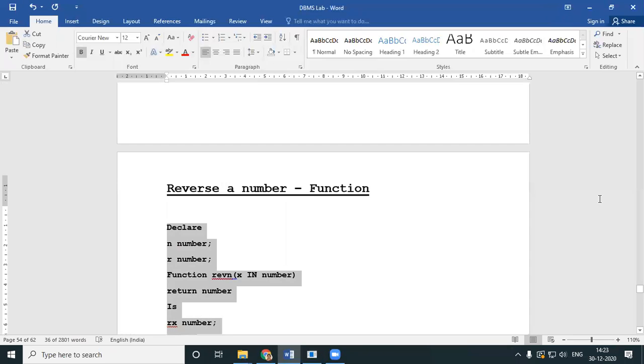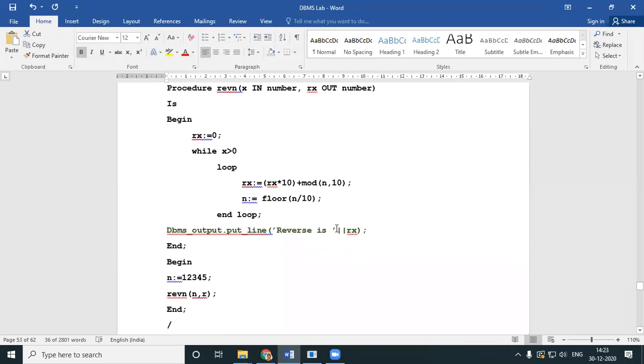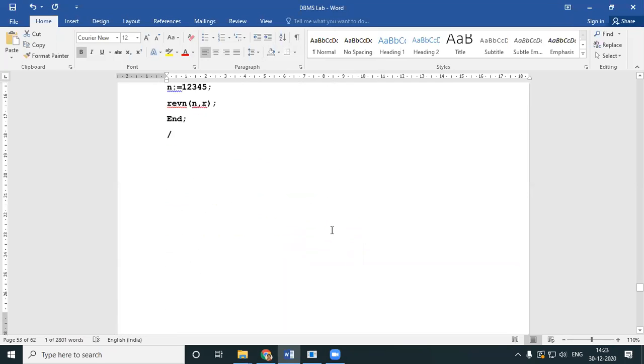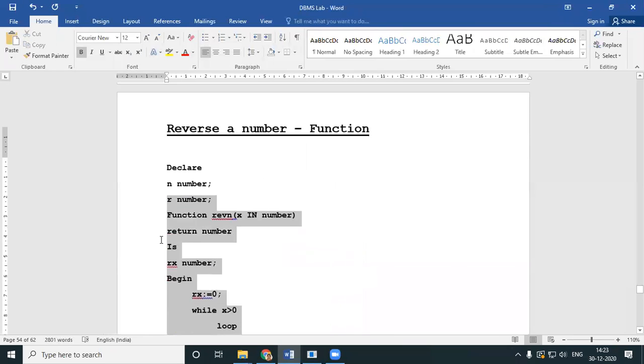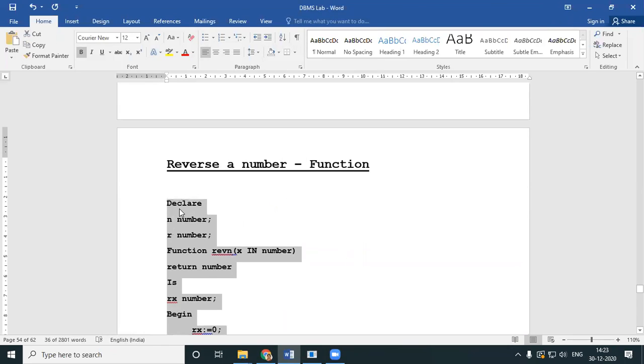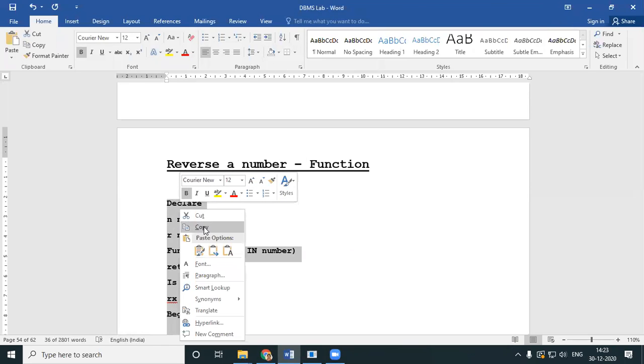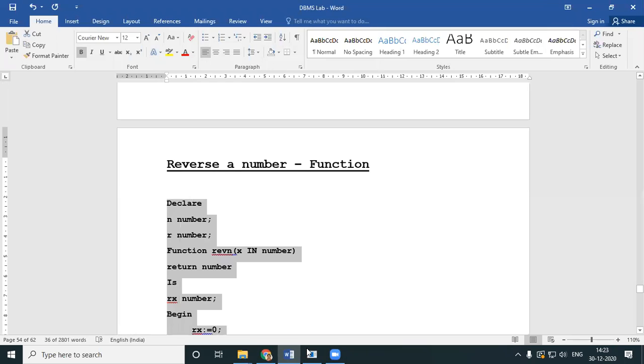Oh, my quotes again went wrong. I'll just copy the correct quote. Control C, Control V. Quotes are always a problem. This is easy when you do it in Notepad. But I thought I'll do it in Word so that you can see it big and bold and all that.